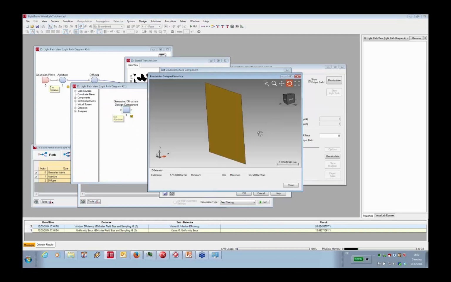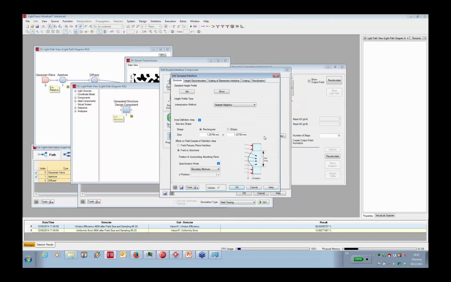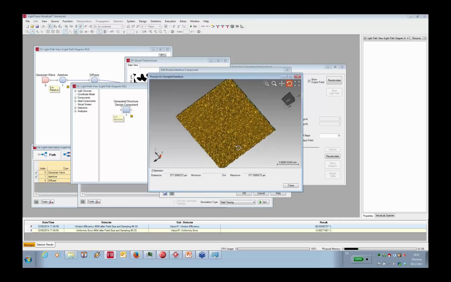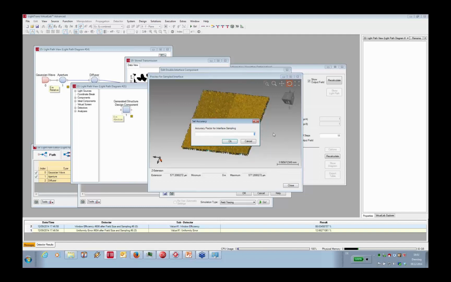So the component looks like this. It actually looks like a plate, and this is normal because the modulation of the surface profile is very, very small compared to the diameter. I will scale the surface profile a little bit, and now you can see on my computer screen a 3D image